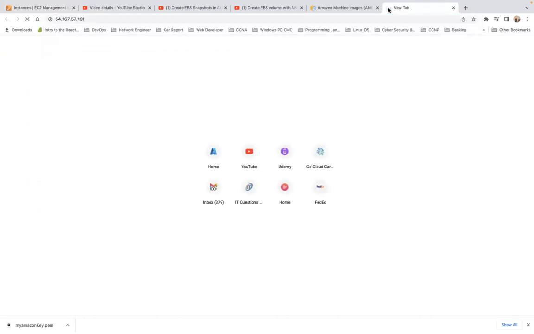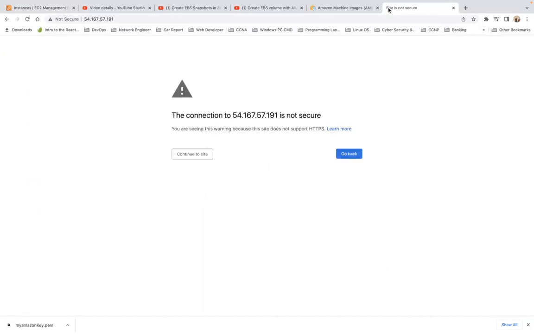It says it's not safe. We are seeing this warning because this site does not support HTTPS. I don't mind. So, okay, so we have a message displayed that it works. So now